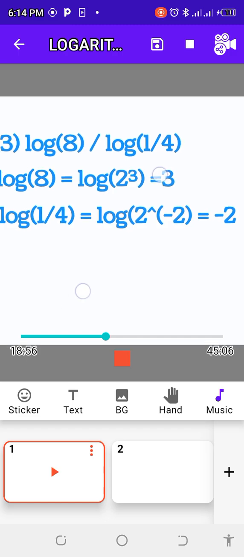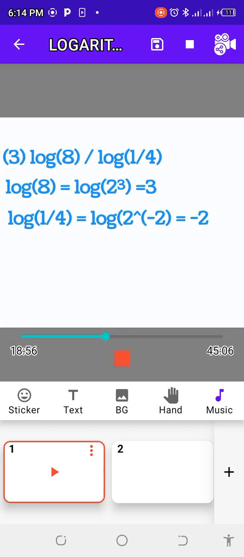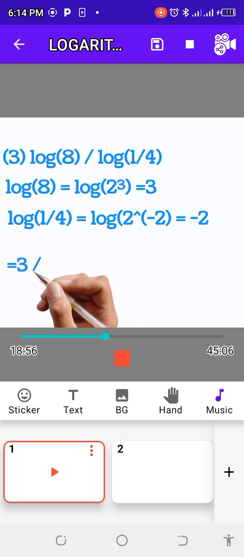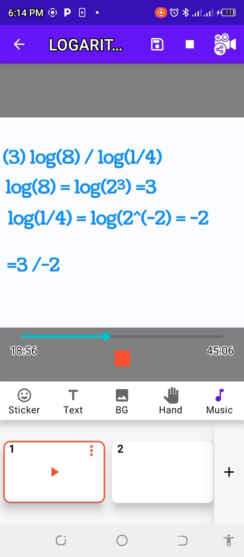Automatically, that is equal to what? Minus 2. Now, the numerator is 3, while the denominator is minus 2. Now, it becomes 3 over minus 2. And 3 over minus 2 is